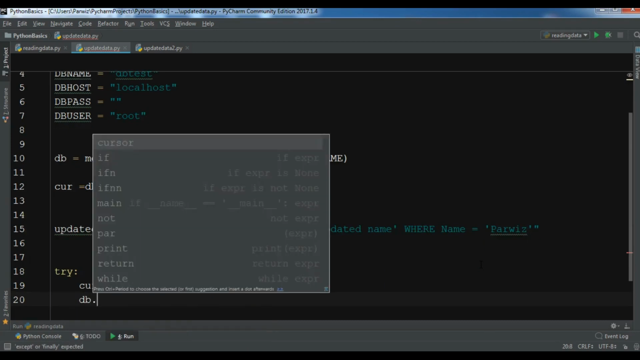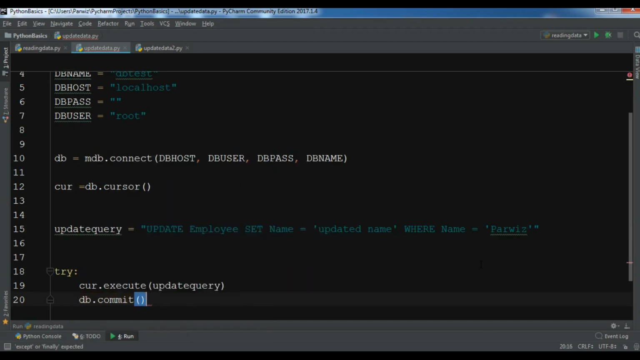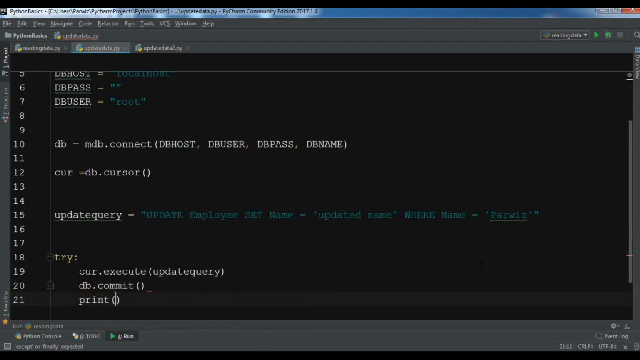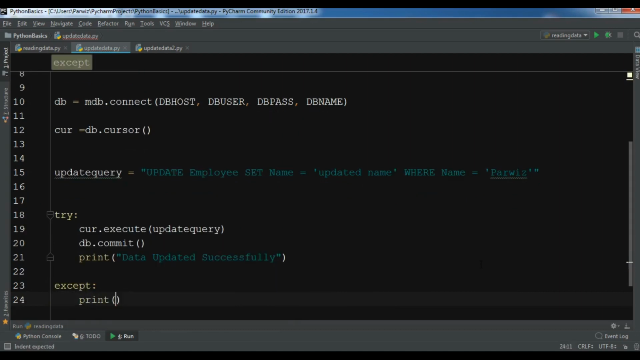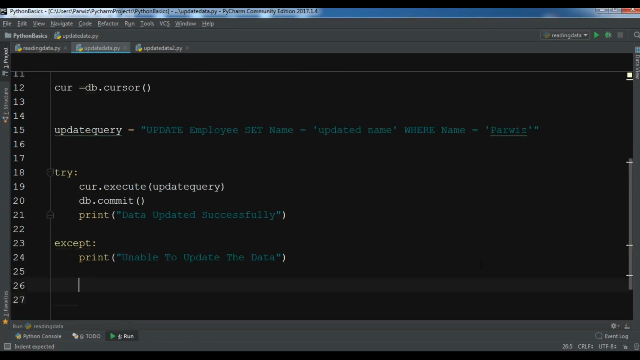Also let me db.commit and print data updated successfully, and then in the except let me print unable to update the data, and at the end you need to close your connection. So db.close. Okay,